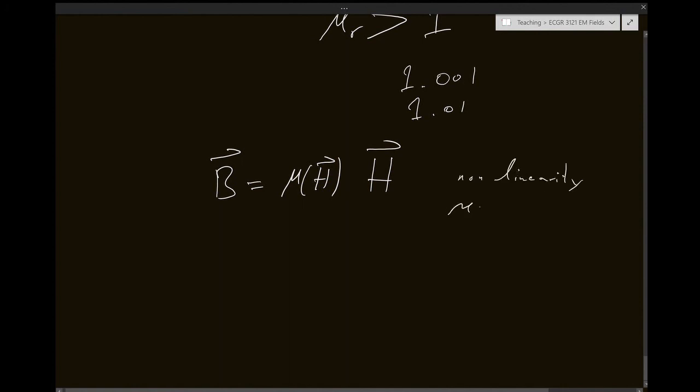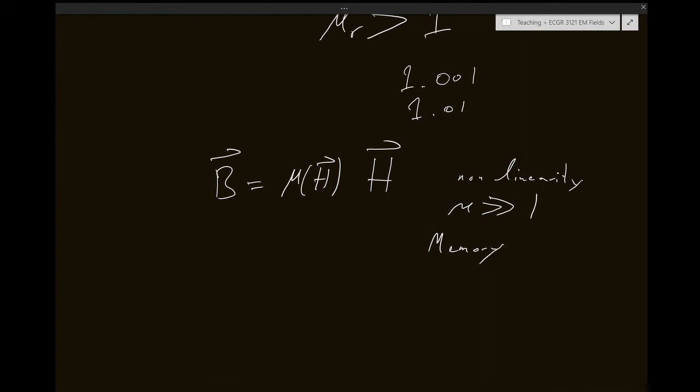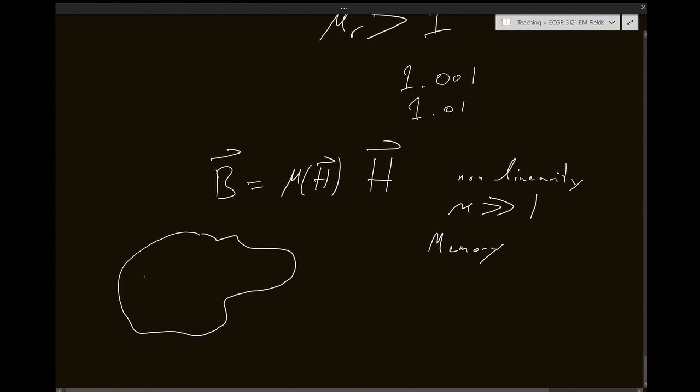Of course, mu is large, right? And then there's also this memory effect, meaning the material can remember that it's magnetized. So that's why you can take stainless steel, like a screwdriver, magnetize it, and then remove the magnet. The material will remember that it's magnetized. This effect, I mean, again, we cannot do it justice, but suffice to say, the very high level explanation is that this material tends to be separated into domains,